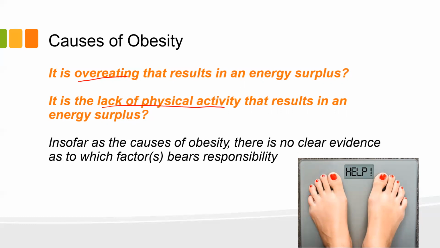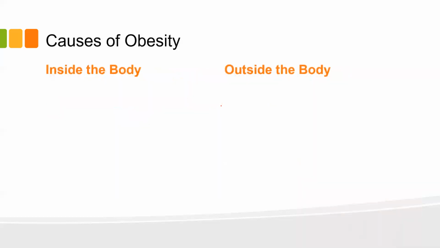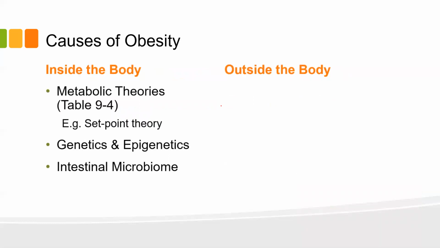Definitely it has to do with that calorie balance. But how can we get there? And what is going on with obesity? So we want to talk about this a little bit here. There are multiple causes, we'll say, and you can think about them as inside the body and outside of the body. And I'm going to touch a little bit on all of these. And this is an area where the textbook in some areas has gone on in a lot of detail. For example, these metabolic theories, right? There's a whole bunch of different theories around what is going on in the body.